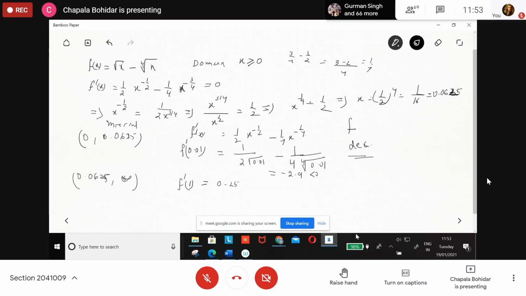Yes. It is 1 by 2 minus 1 by 4. So we are getting 0.5. So I am getting here that it is increasing, so it is greater than 0. Now over this interval it is decreasing. Draw your figure roughly. Then it is increasing. So local minimum or maximum, what are you getting here? Local minimum. Minimum at which point? 0.0625. Very good.